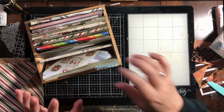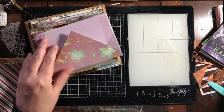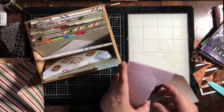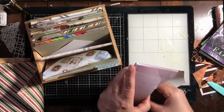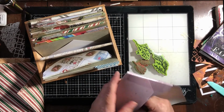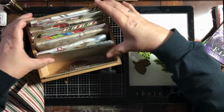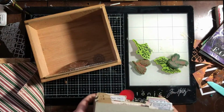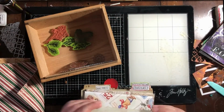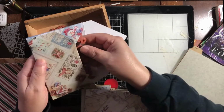So they're not going to go to waste, but they can't be how I use my organizing for my stamps because ultimately I didn't use them. And so an organizing system, it doesn't work if you don't use what you're organizing. So that is what I'm going to do. I'm going to take out, I wanted to show you the shock, the horror. I'm just going to dump them into those little boxes, and I can almost guarantee you I will use them